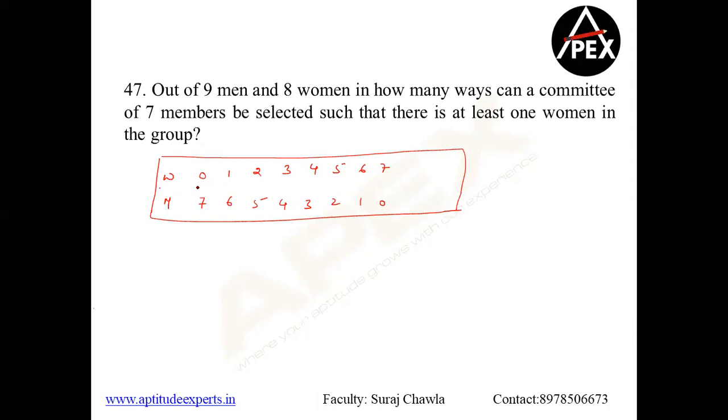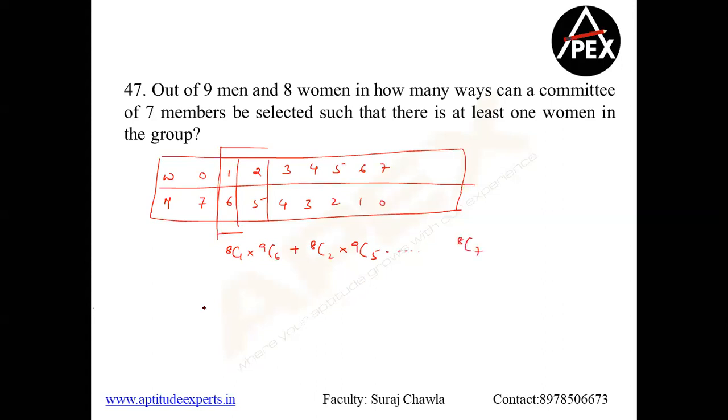Right. Now, out of this, the question is asking me at least 1 woman. So the question is asking me from here. We can go in 2 ways, right? One, we can go ahead this way. I can go with 8C1 into 9C6 plus either this case or the second case. If I go with the second case, it is 8C2 into 9C5 and so on, so on, till 8C7. This is one way to go ahead.